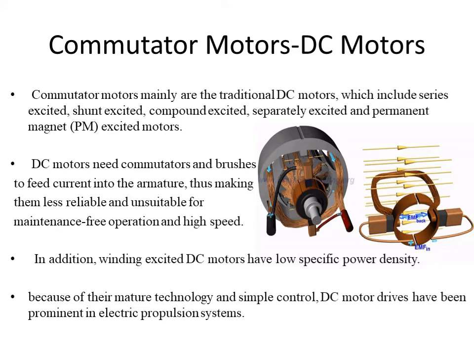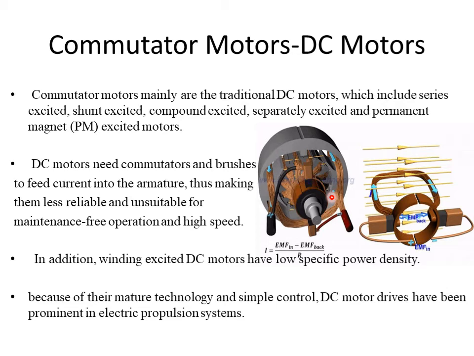So now we will go through the different types of motors. First, coming to the commutator motors or the DC motors. Let's go to the construction. As you know, in the DC motors we have the stator outside and the rotor inside. In the stator you have the pole shoe and the pole core on which the windings are wound, and you can see the connection to the armature windings through the brush, commutator segments, and all those things.